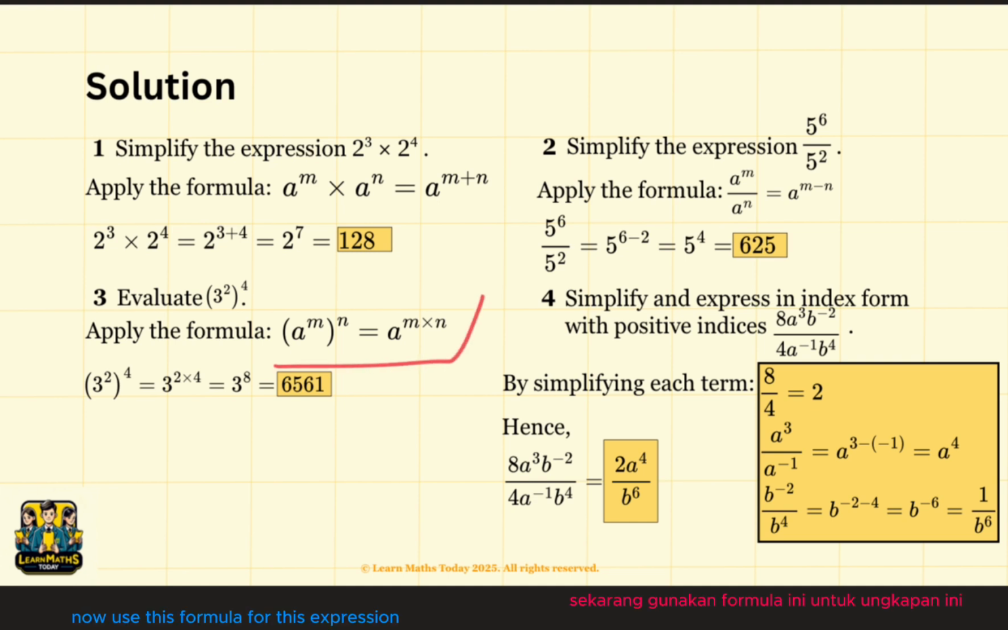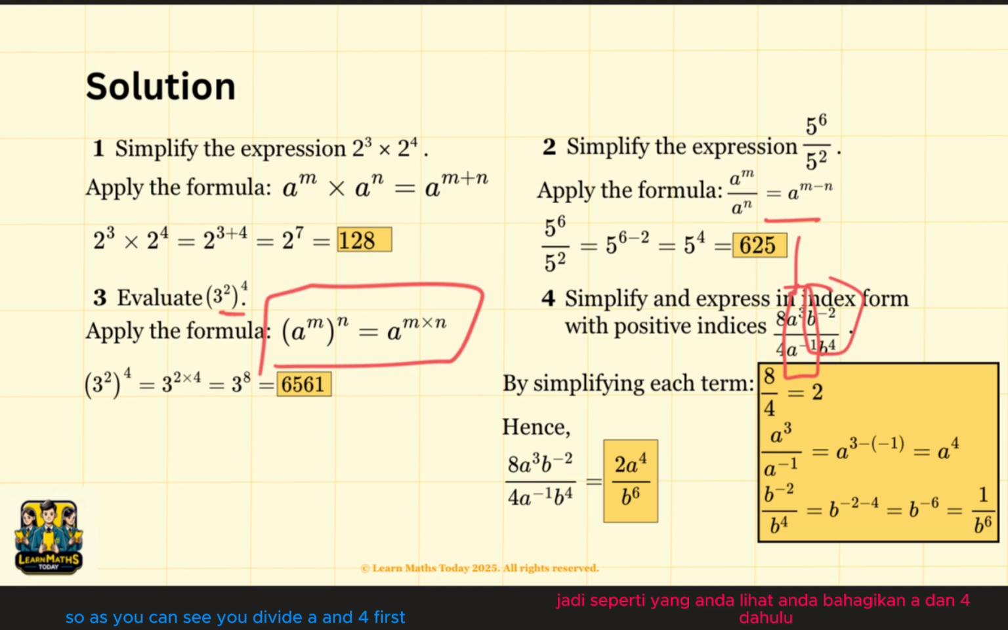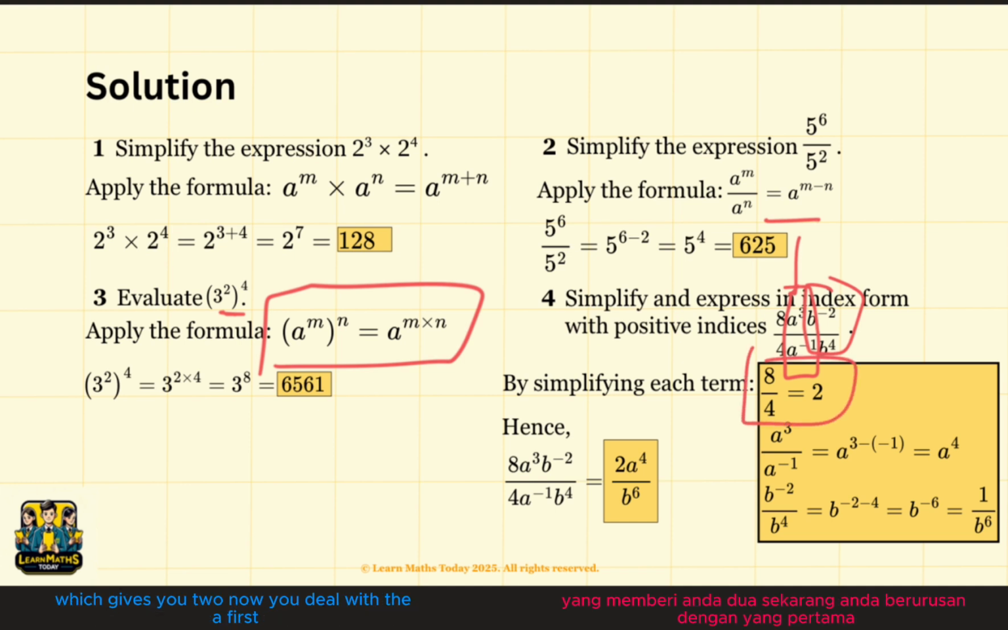Now use this formula for this expression, and this formula, this one, you have to first remember to use this formula for A and the same thing for B. So as you can see, you divide A and 4 first, which gives you 2. Now you deal with the A first. So 3 minus -1 gives you 4 over here. And then -2 minus 4 will give you a -6,